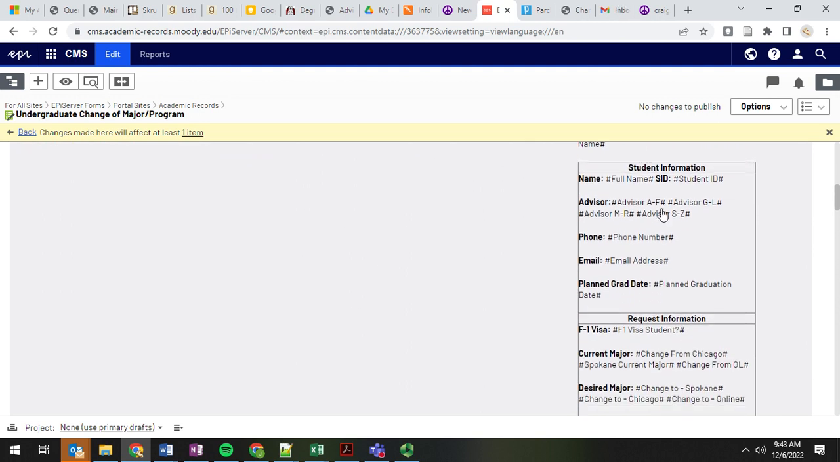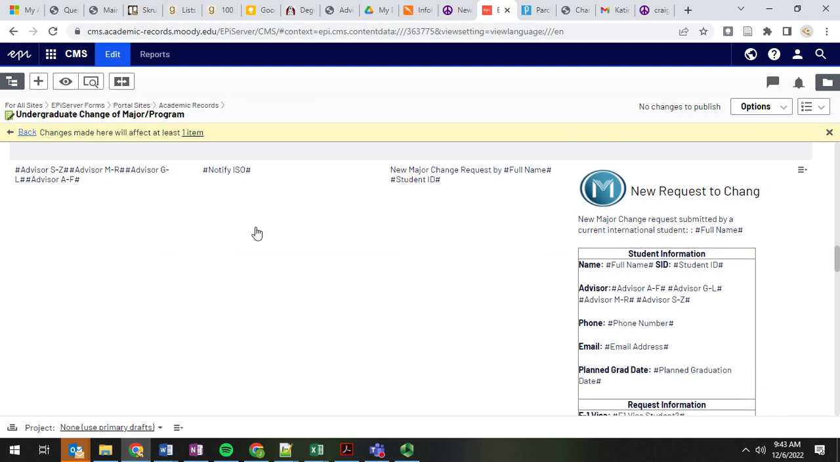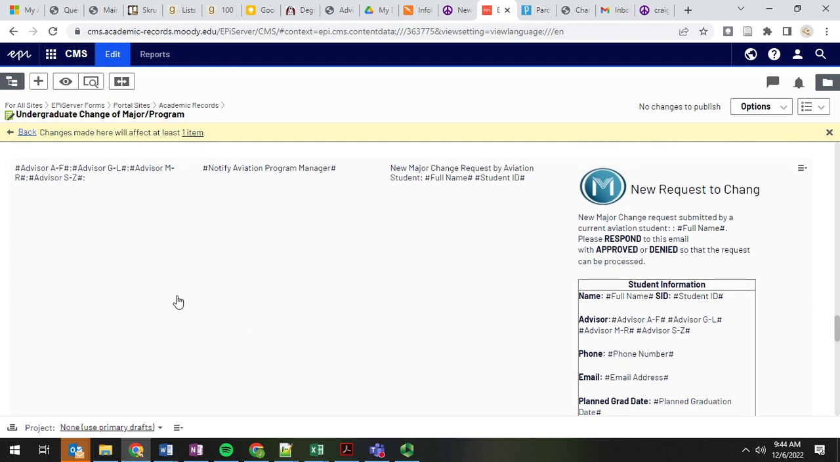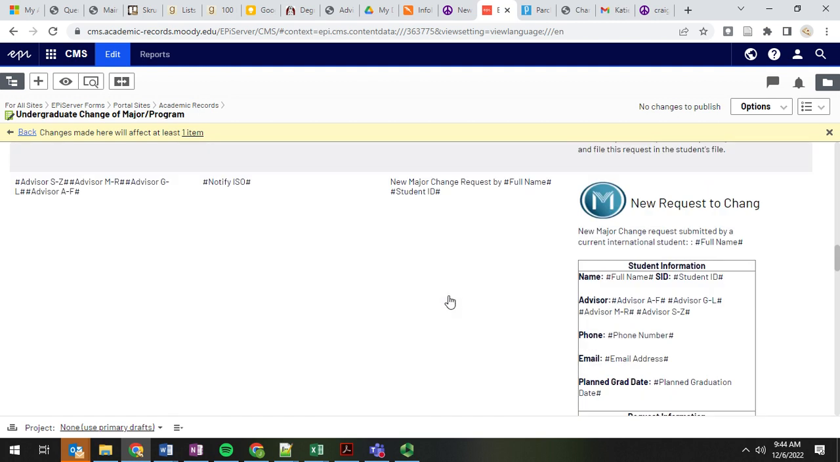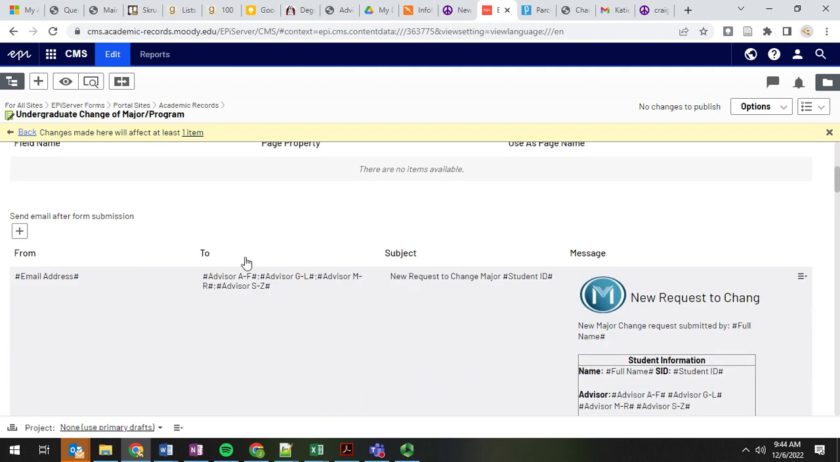I've got the same thing here in the body of the email. I've got just the advisor breakdown, so the advisor information will show up there. And then this isn't that important, but we've got ISO notified or the Spokane Program Manager notified in the event that it's a Spokane student. So again, anytime there's a change,